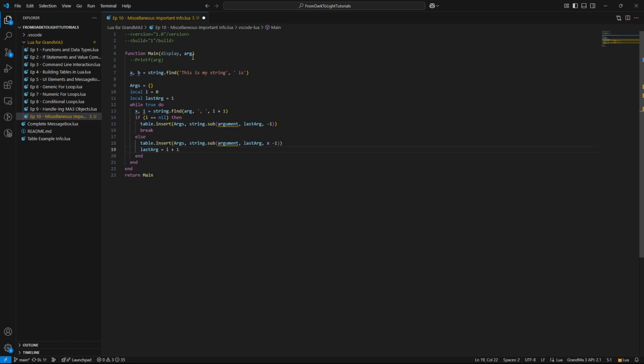You'll just have to reference them as arg key1 and so on. Of course, I'll have to explain how string.sub works. String.sub takes a string to print from, that would be the string right here, and then the first and last character to print. So in our case, string.find finds a comma, sets x to where the comma is and i